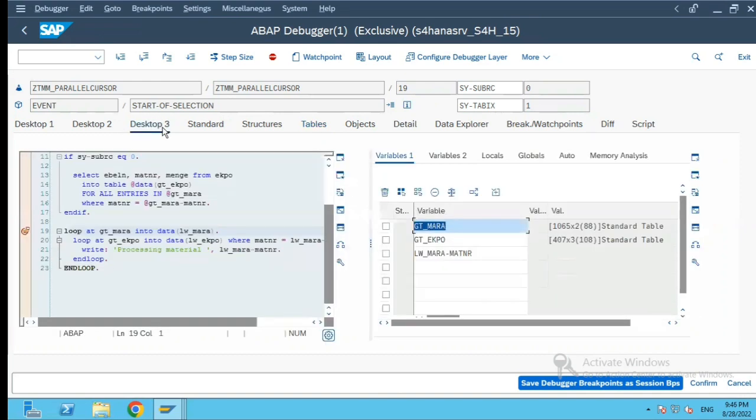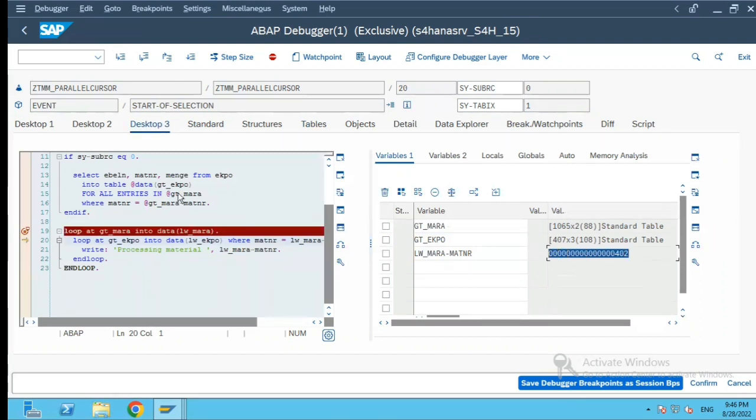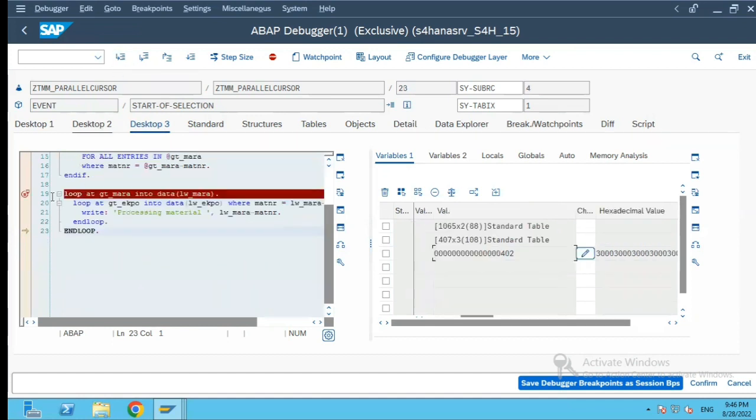Now let's come over here. First it has picked up material number 402. Now it does not go inside the loop. I'll put a breakpoint over here and then we'll see where it hits the processing again. So the first material number which it has picked is